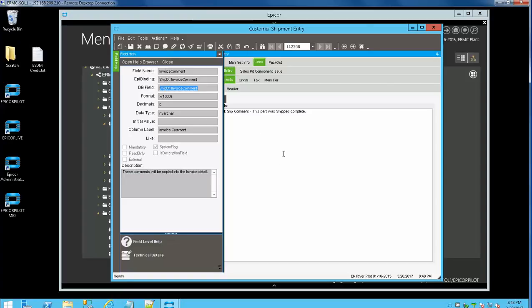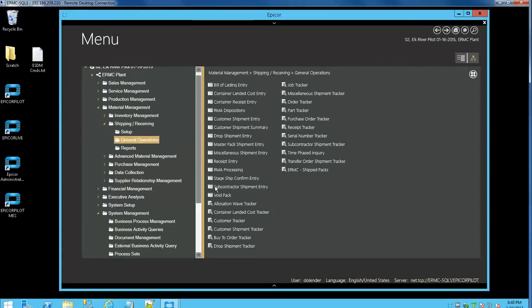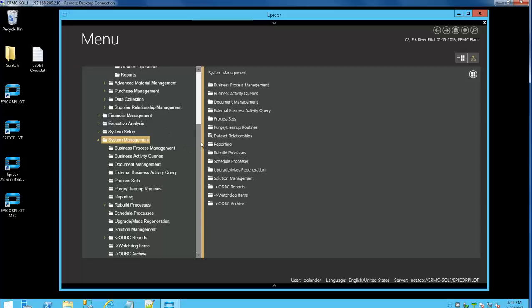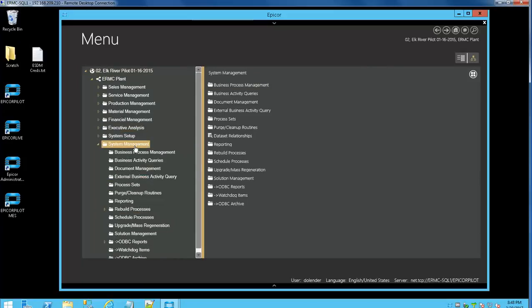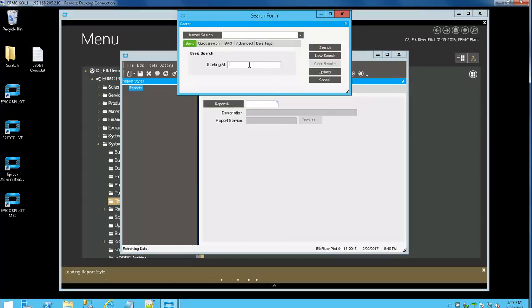So we're like, okay, so we have our target now, right? We know the table and the field name that we need to add to get this to go out to our form. So, all right, so invoice detail, invoice comment. And I think I can just minimize that for now. All right, so the next step is going to be to go into under System Management. Let me close this up a little bit. All right, so under System Management, under Reporting and Report Style, we're going to,